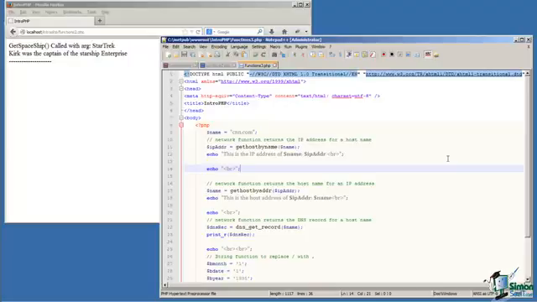Do I care how it goes about doing this? I don't. All I know is that I can look up this function and it tells me that it requires the host name as an argument, and it will return to me the IP address of that host name. I'm not interested in how it does that work, how it implemented the code, just that I give it a host name and it returns to me an IP address.